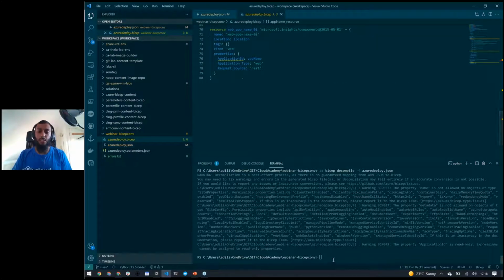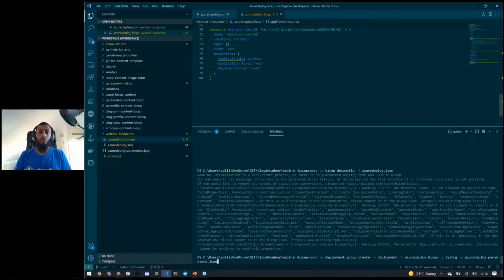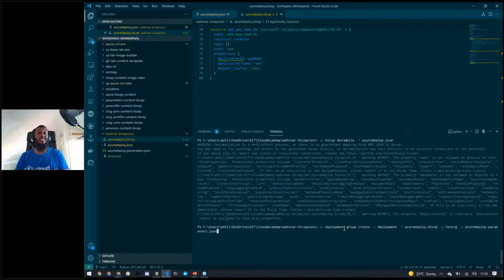Cool. So the first thing I said was, before we do anything else, we want to try and deploy this template, see if it's actually deployable. And if it's deployable, then that's great. So you can see here what I've done is I've used the CLI, and I'm going to be using the CLI to